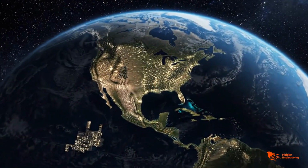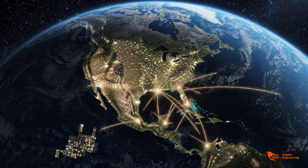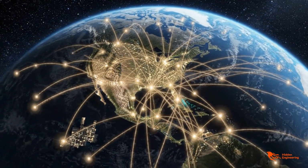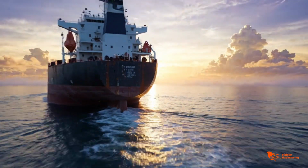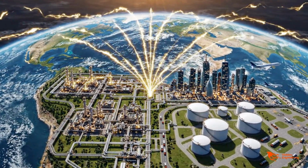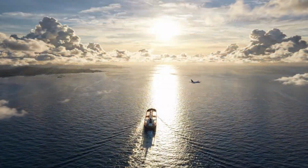And this journey doesn't happen in isolation. It is part of a global energy system connecting oceans, industries, cities, and millions of people. From a single tanker crossing the ocean to the fuel moving through our daily lives, every step is part of a chain that